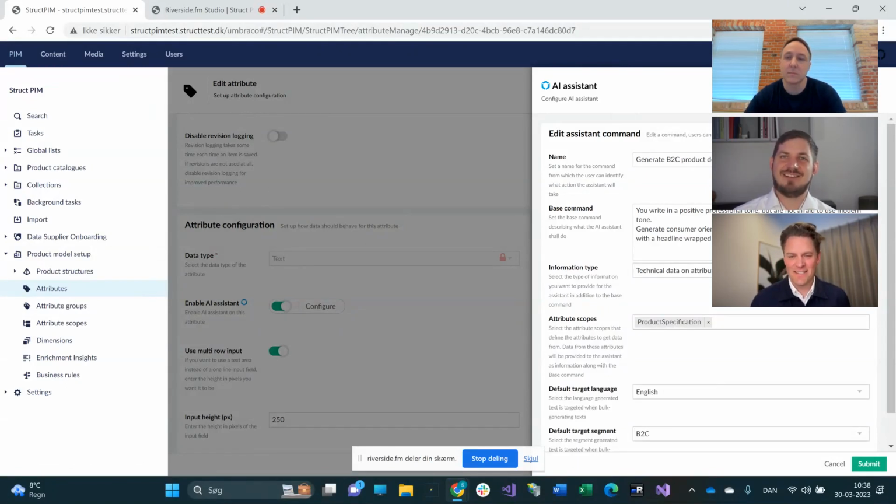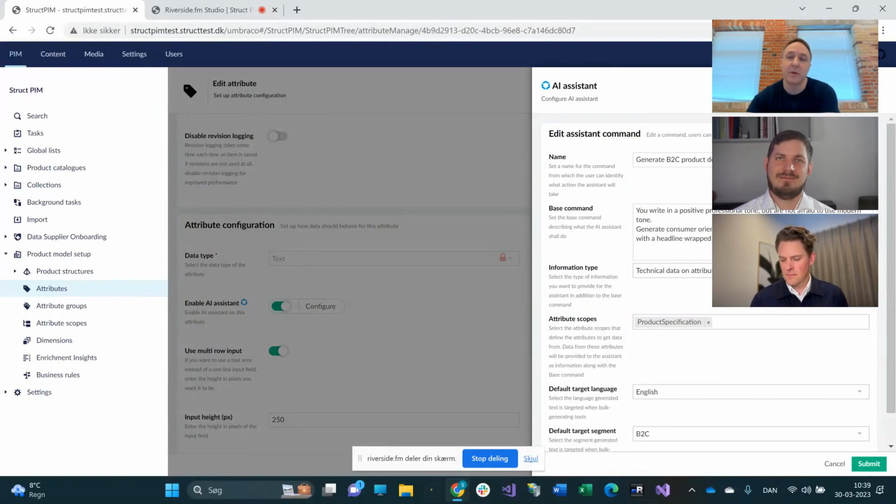But here you set it up once, and then you have everything in place for the editor to just generate a description using this pre-configured question for ChatGPT that will ensure the tone of voice, structure, length and so forth. Exactly. So we ensure that we have the same tone of voice for all of our products in here, and we can ask it to act in the way that fits with our company profile.